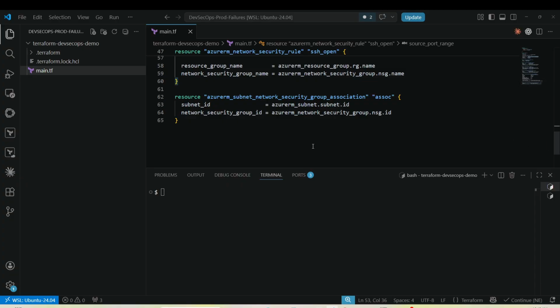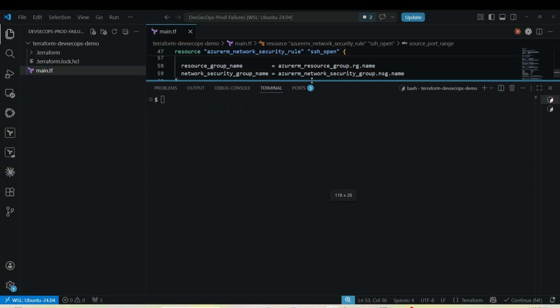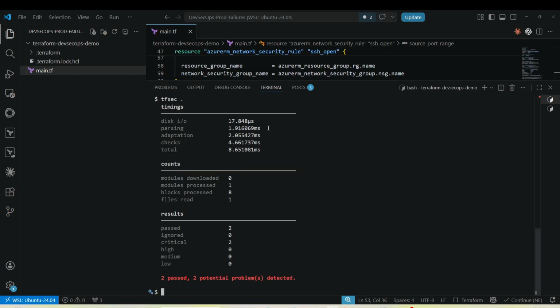Now, this is where DevSecOps actually comes in. Terraform validates syntax, but tools like tfsec validate security. Now I'm going to show you in a moment. So as soon as I run this, this is exactly what we missed. I can see two potential problems detected. And if I scroll up,